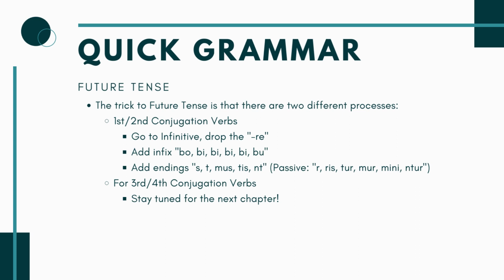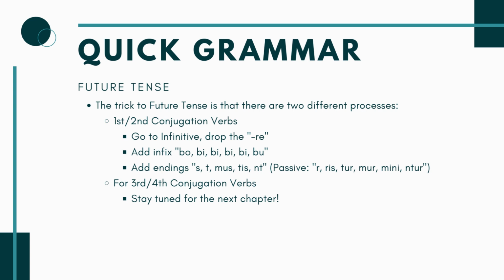So in other words, the ones where the infinitive, the second part, ends in either are, which would make it first group or first conjugation, or a long ere, which would make it second conjugation. All right. For third and fourth, you do something different. Stay tuned. We'll talk about that later. You don't need it quite yet.